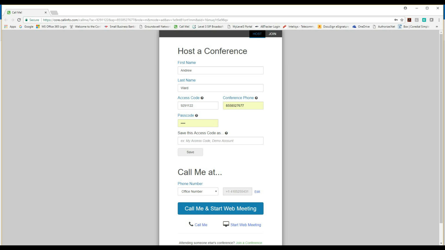The conference phone number is the toll-free number that you dial in order to access your conference audio bridge. Passcode is the 4-digit number that is unique to each host. So make sure this isn't compromised, but in this case, I'm going to have to enter this in as a host in order to start my meeting. I can also save this. So if I have more than one account, I can